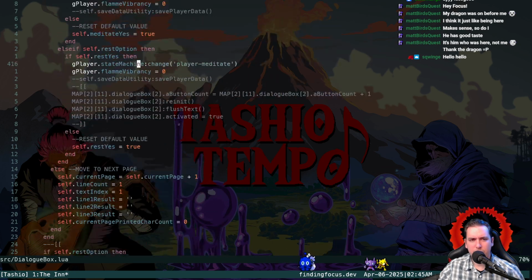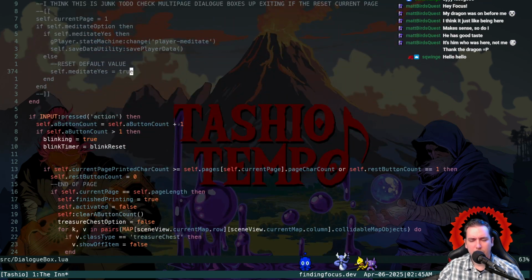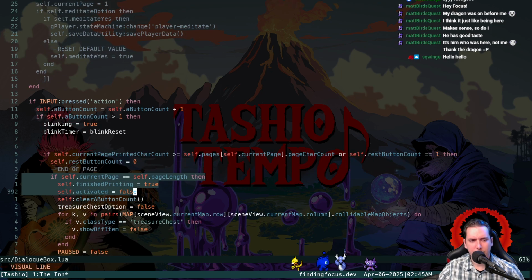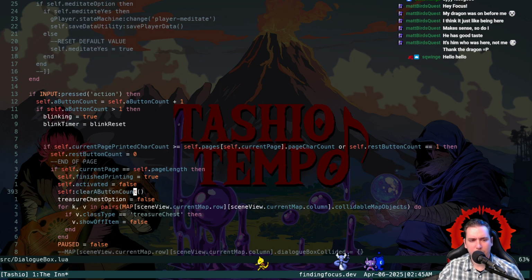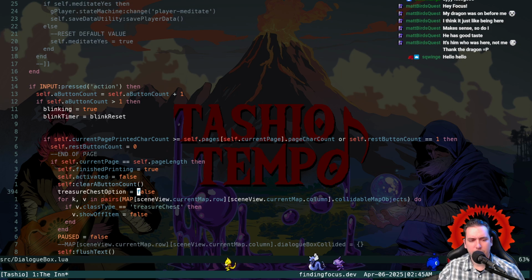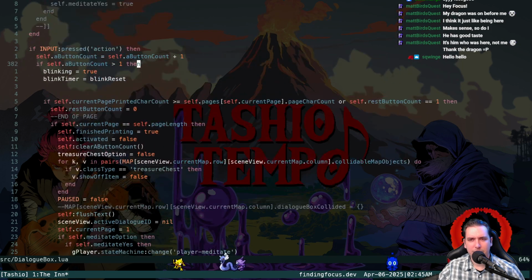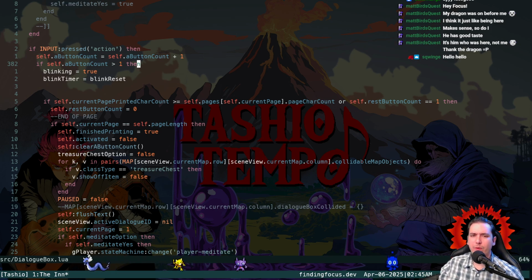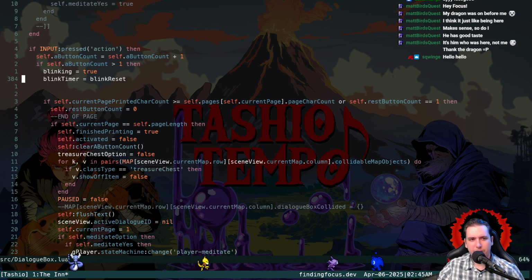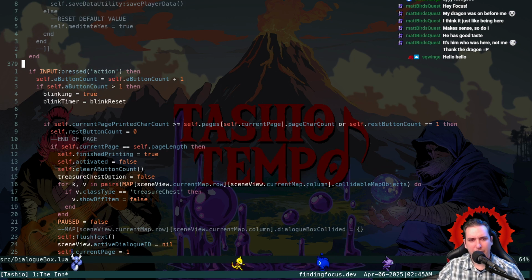But we should, if we close it, we do this thing where we say we become finished printing, we're no longer activated, we clear our button count, we do all that junk. But what's not happening is, you know, this is fine. Closing the dialog box is fine. It's just that when we go to interact with it again, it doesn't turn on. So once action is pressed,